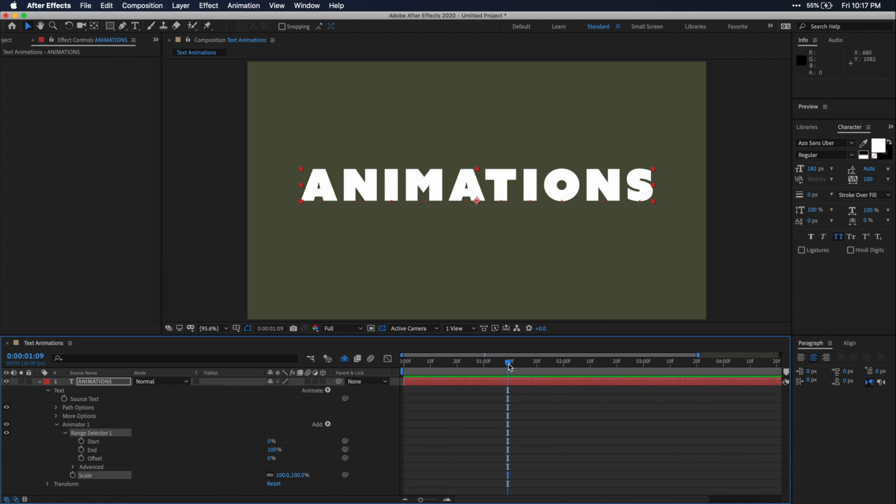I'll make sure that I put my playhead back at the beginning of my timeline. Then just click on that stopwatch icon to create the first keyframe. Then just move your playhead where you want it to end and set the value to 100%. So the way that the scale effect works is very similar to position, except it's each individual character scaling up